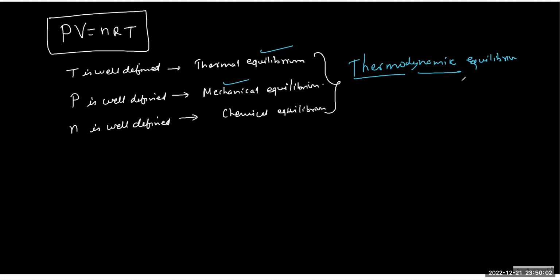in thermodynamic equilibrium. So a system is said to be in thermodynamic equilibrium when it attains all the three equilibriums simultaneously. Understood? And when a system attains thermodynamic equilibrium, then it will have well-defined P, V, n, T, and these variables are called thermodynamic